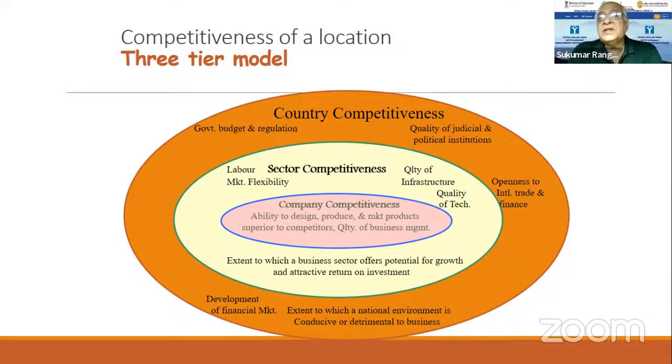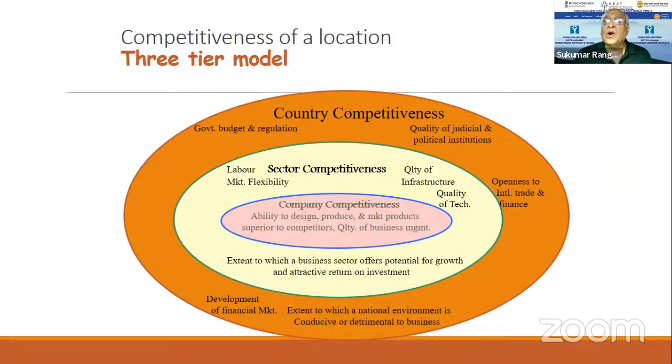Maybe there are disadvantages also, but any person trying to put up a unit or a facility or some service setup will look at the competitiveness of the country in terms of the country's own laws, which is the first one: government's budget and regulations. Quality of judicial and political institutions: how much interference there is from the government and how fair the laws are. Because in that way, in India, we are far more transparent and